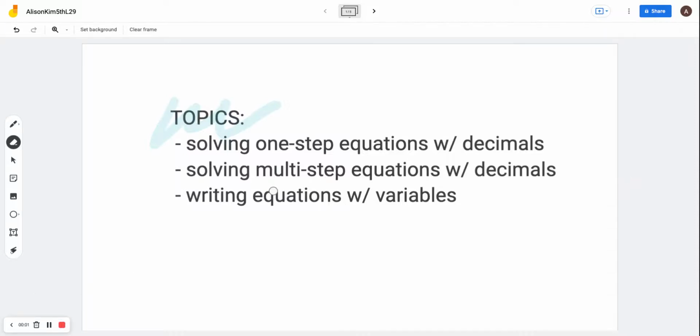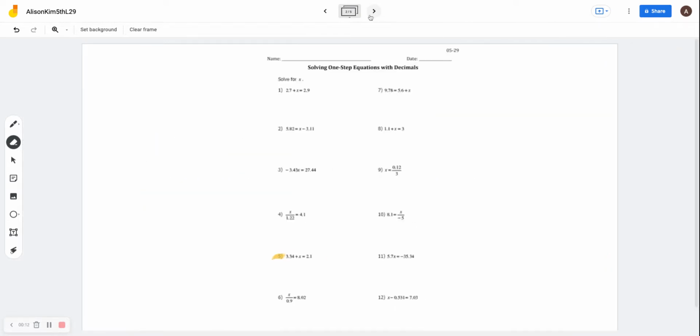Hi, fifth graders. Today's topics are going to be solving one-step equations with decimals, solving multi-step equations with decimals, and then writing equations with variables. We're going to get started with the one-step equations. So this one's actually pretty easy. It's like a review. So number 5 gives us